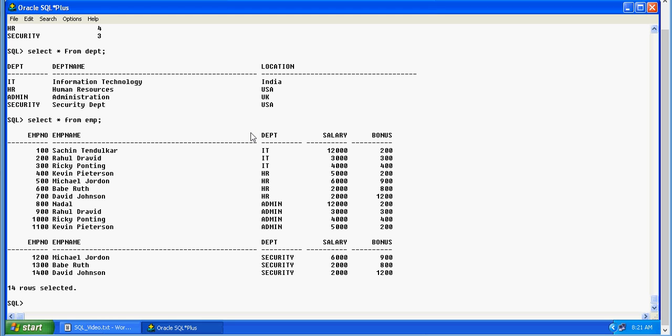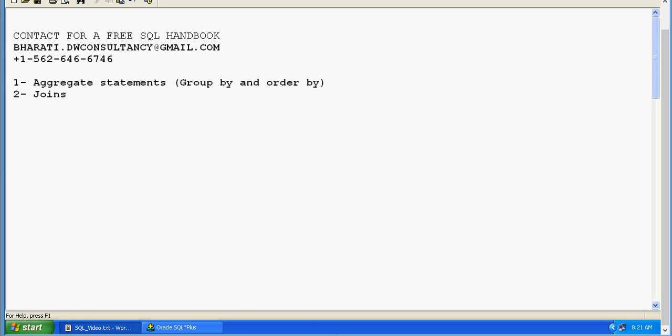A primary key is that column which can describe or identify a row uniquely in a table. I repeat, a primary key is a column which can identify a row uniquely in the data.